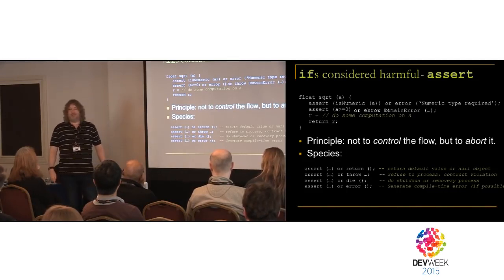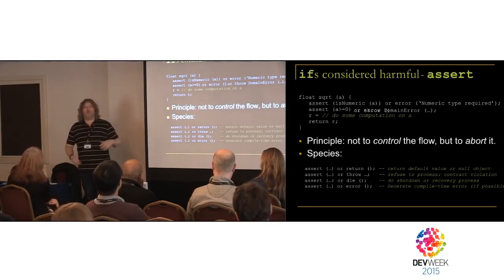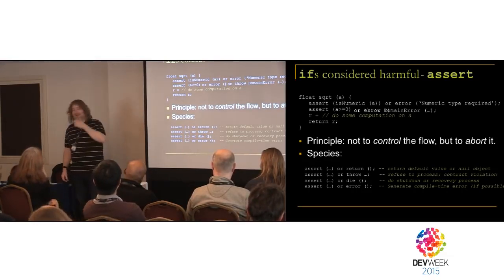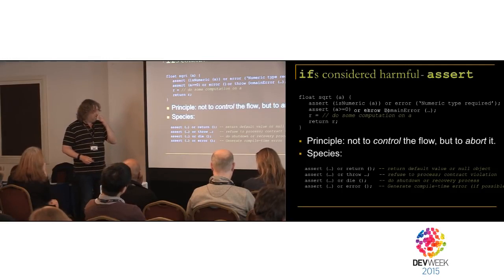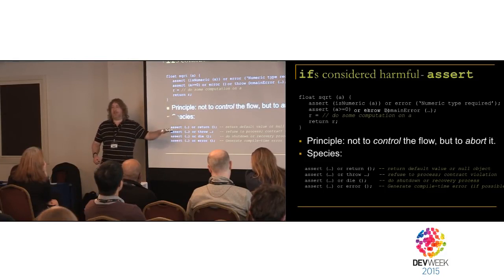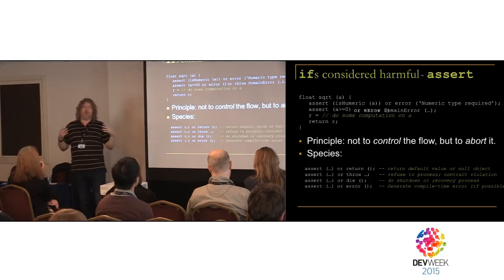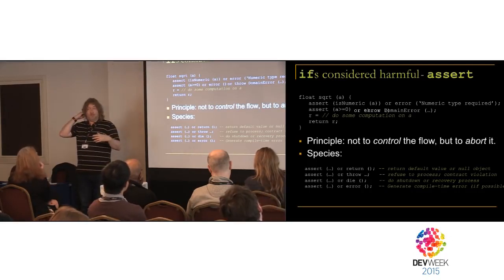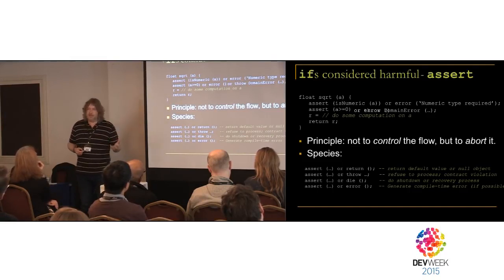Fortunately, most of them are not quite that intrusive. But that's what die means. Die will mean not shut down your program and throw a crash and the plane dives out of the air. It does mean something's gone seriously wrong, so try and restart if you can. And then error is entirely compile time. Sometimes you can produce that, sometimes you can't, but if you can, it won't even compile. So that's assert. This is one of the things that we're going to use to control our conditions. It's still a condition. It's still fundamentally an if, but its purpose is now shutting down the program or even stopping it from starting. It's not to change its flow.